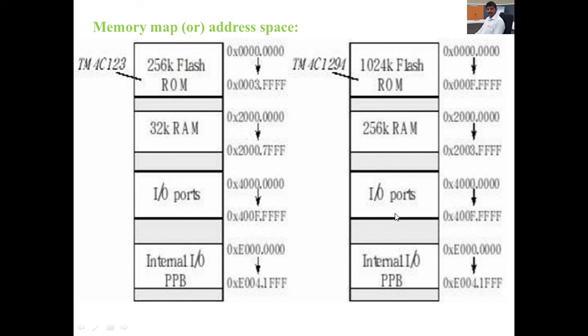Like that, this ARM processor memory is assigned in different memory locations. Flash memory starts from memory location 0, and depending upon the capacity, the range will vary. The RAM memory location starts from 2000 0000, and based on the RAM capacity, it will vary. Check here, both starting memory locations are the same. Similarly, IO information ranges from 4000 0000 based on the IO capacity. Similarly, internal peripherals.